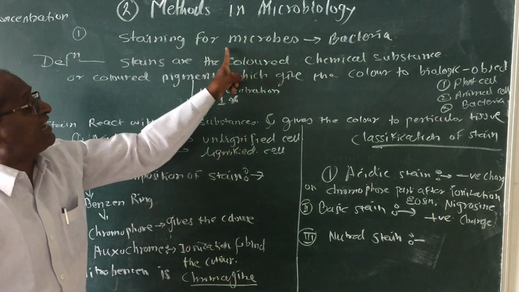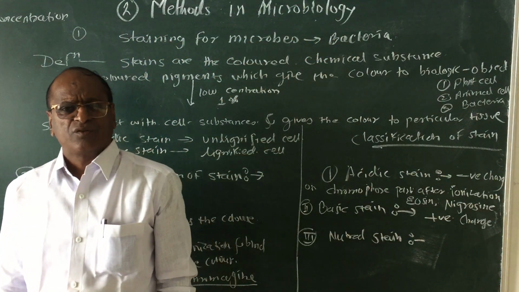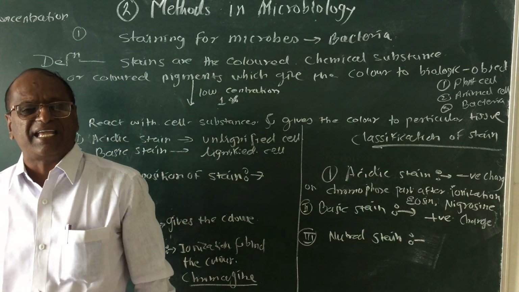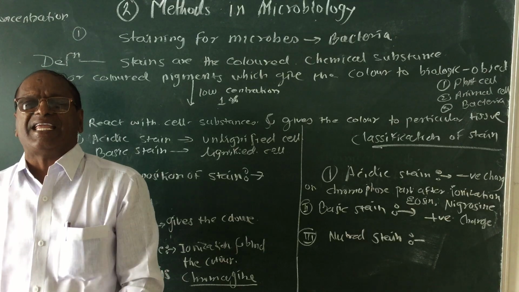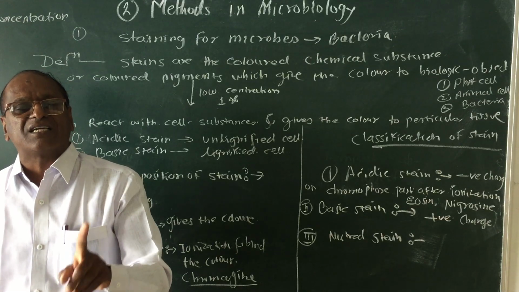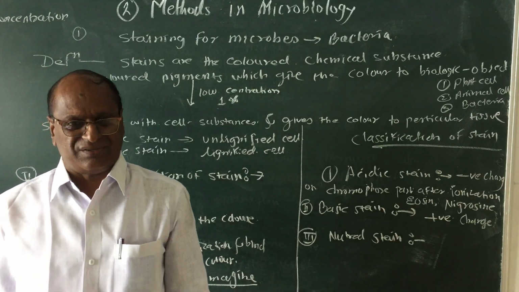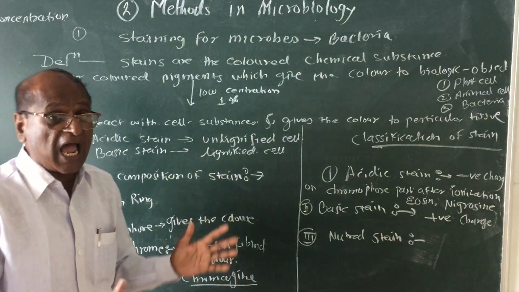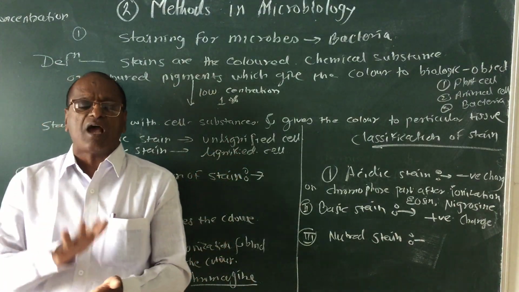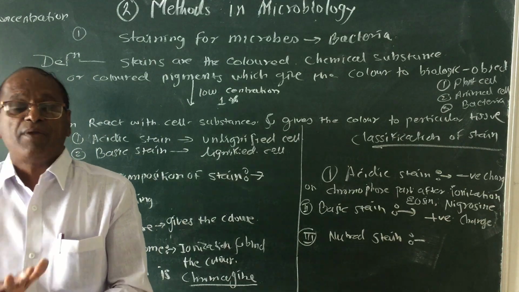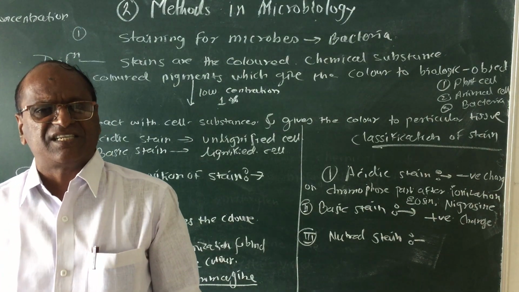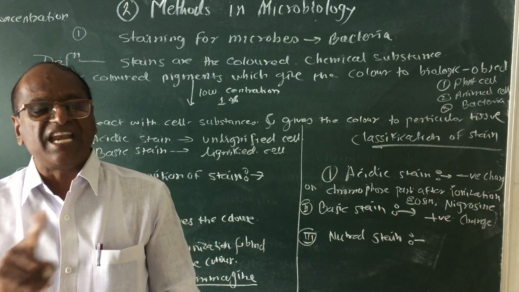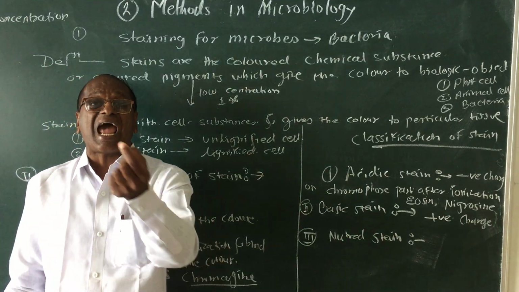Then how to stain this bacteria? What is the procedure of this bacteria? This procedure of staining the bacteria is called the Gram staining procedure. And this Gram staining technique was developed by a Danish scientist, Christian Gram,